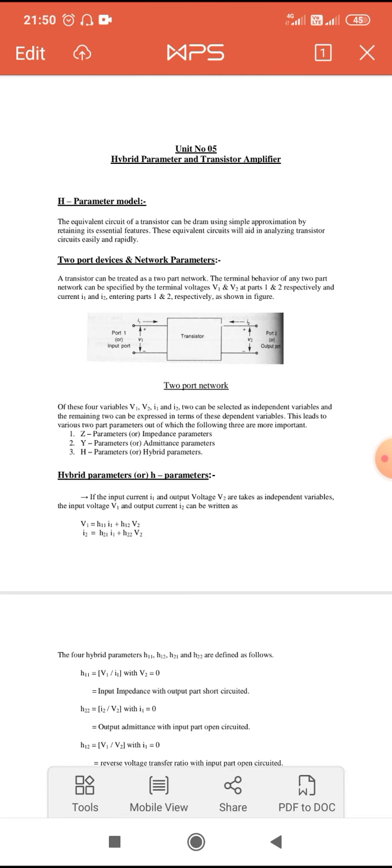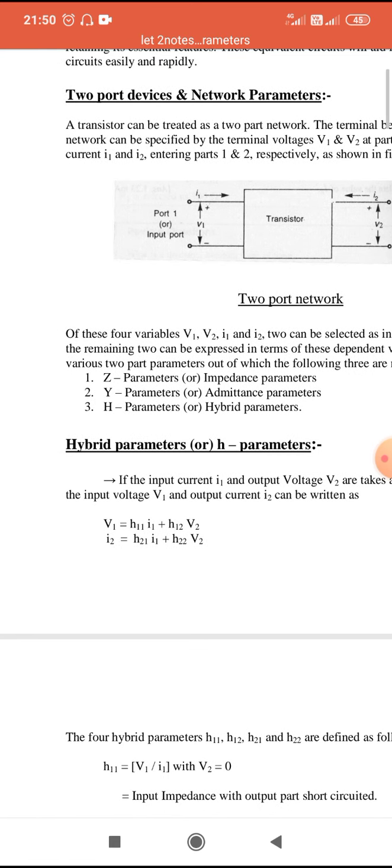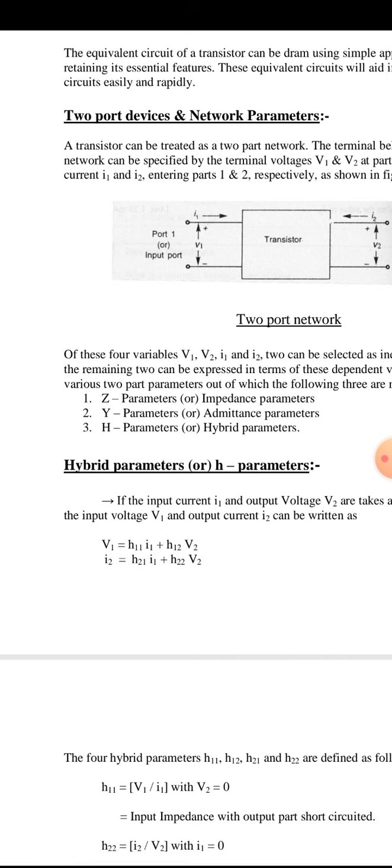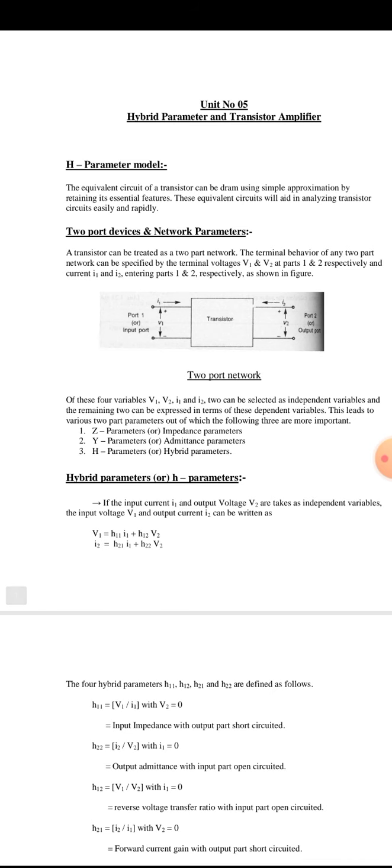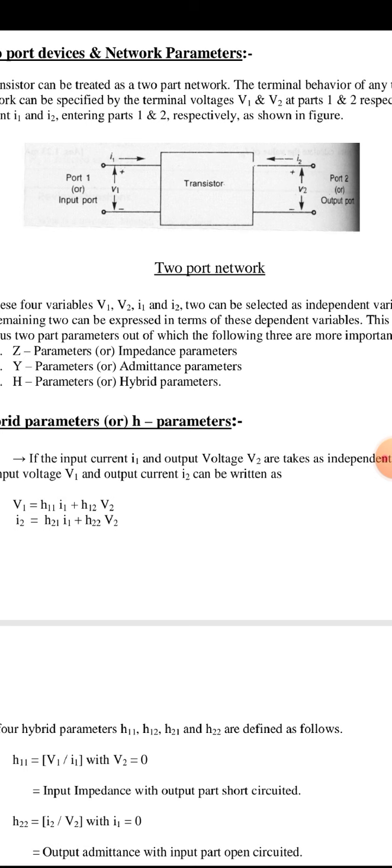According to the hybrid parameters, the transistor has two inputs and two outputs. Input means V1, I1, which is the input side of the transistor, and V2 and I2 are the output side of the transistor. And you already know that I have already discussed the two dependent parameters and two independent parameters. From these hybrid parameters, now calculate the two dependent and two independent parameters. V1 and I2 are the dependent parameters.